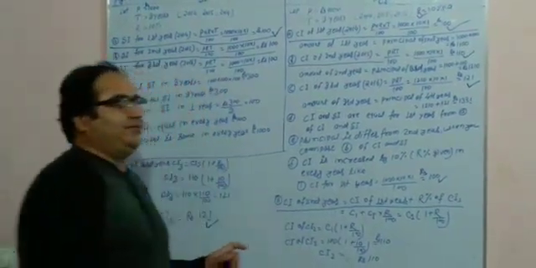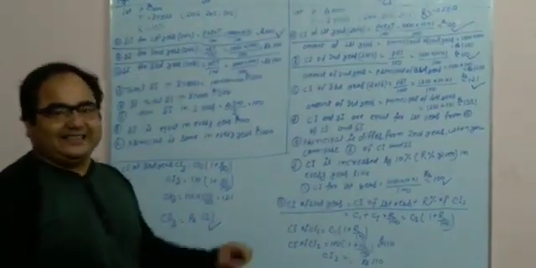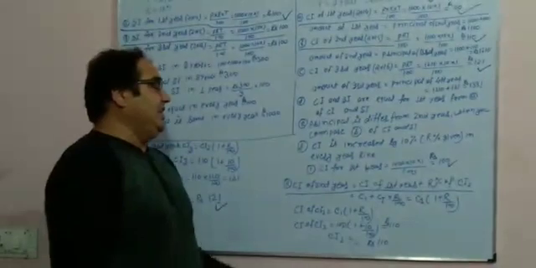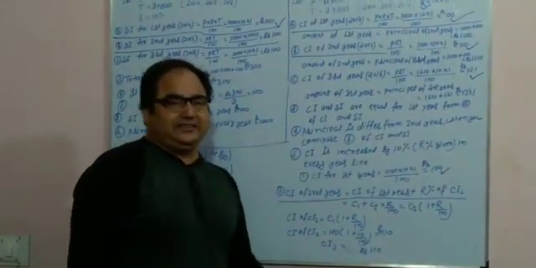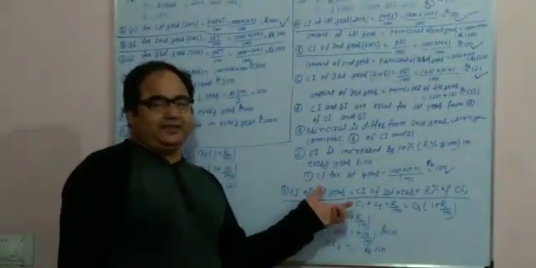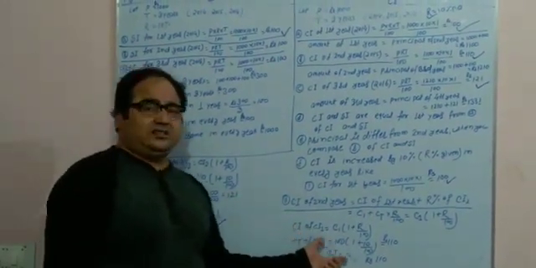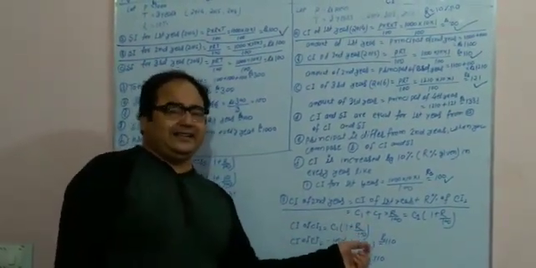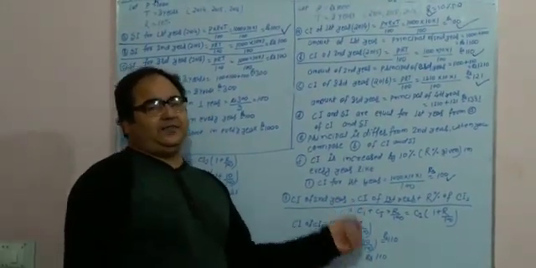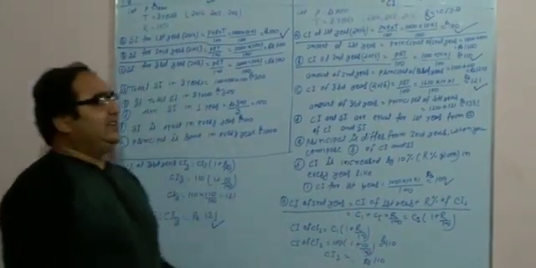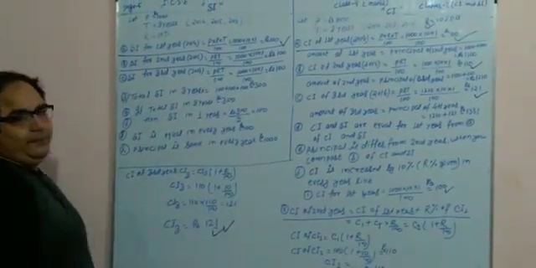So whenever you have to find the CI of first year, second year and third year by the shortcut method in competitive exams, when you face such kinds of problems, you can use the shortcut formula to directly find the compound interest for first year, second year and third year respectively. I have just given the example.